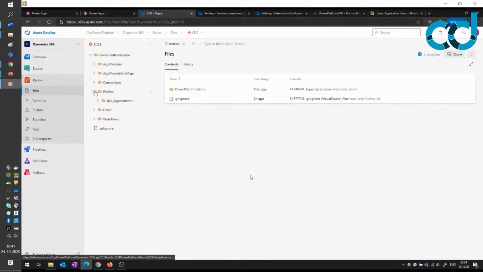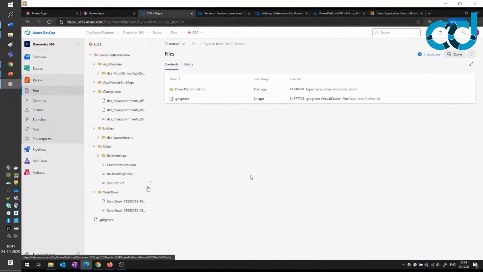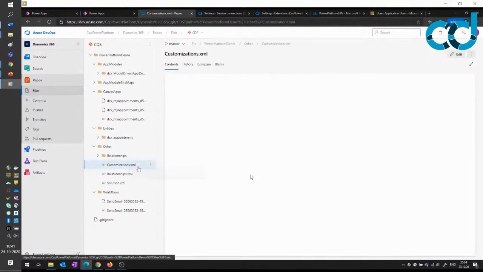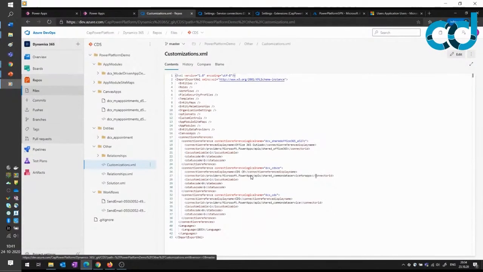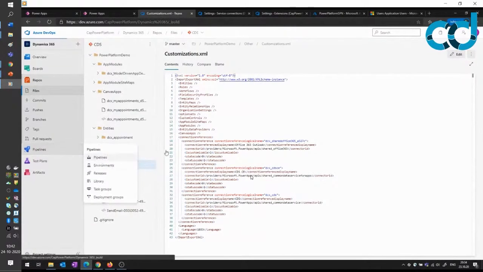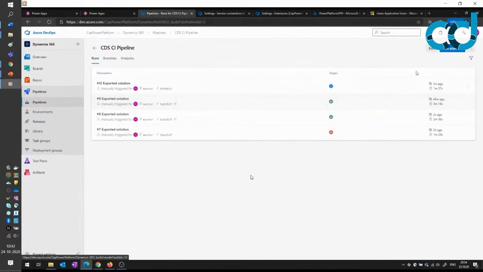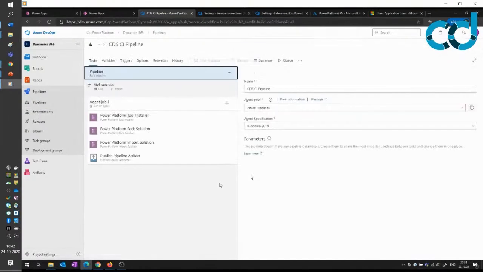You can see that there are app modules, we have entities, we have a Canvas app, and there is a flow being defined as well. And in the relationships, that's an important part where we can look at how the components are tied together. So we have a flow that sends an email that connects to Office 365. Here you can see the connections being referenced. Now, with the new actions that come along, unfortunately, we cannot change the actual connection setup. So the connection string is still something you need to manually update after the deployment.